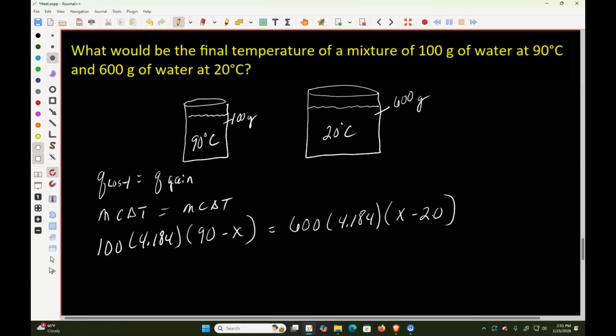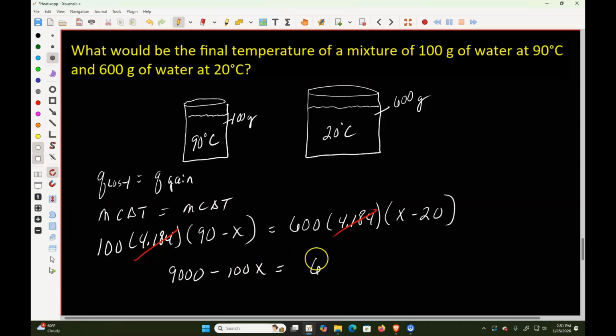So I know my hot water is going to be cooler, so my final temperature is going to be less than 90. And on the side that's gaining heat, I know that my final temperature is going to be greater than 20. Okay, the 4.184s cancel on both sides. So if I distribute here, I would have 9,000 minus 100x